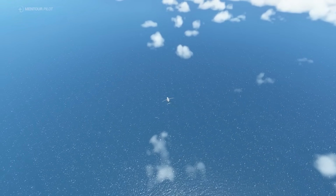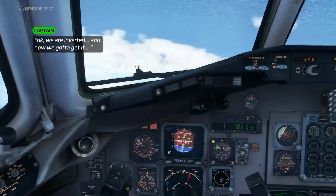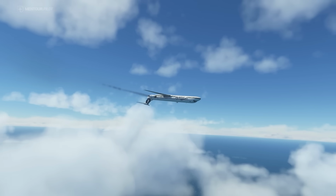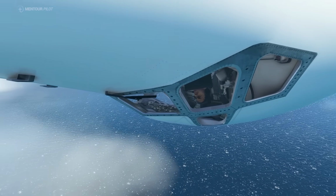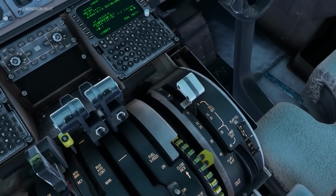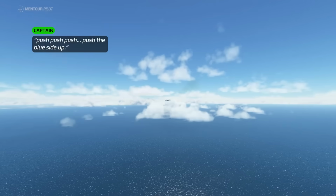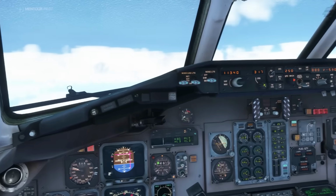At time 16:19:54, Captain Ted called out, "Okay, we're inverted, and now we need to get it," indicating that he wanted to get it rolled back into a normal position again. And as he was trying this, they were passing 16,400 feet, still descending with a speed of 208 knots. During the next few seconds, the flight data recorder indicated aileron movements both in left and right direction as the flaps were being retracted. Captain Ted called out, "Push, push, push the blue side up," indicating that he wanted to get the aircraft back on the right keel again, and that was followed by a call to "Kick rudder, kick